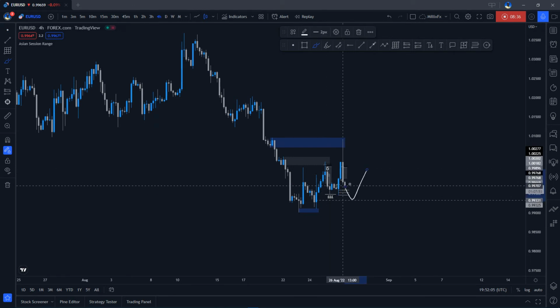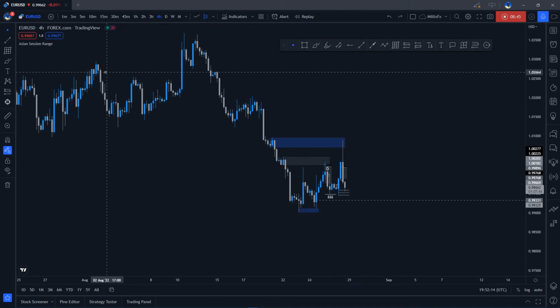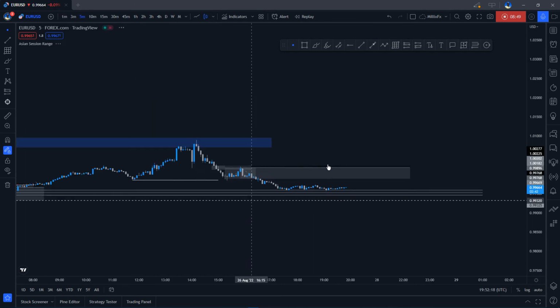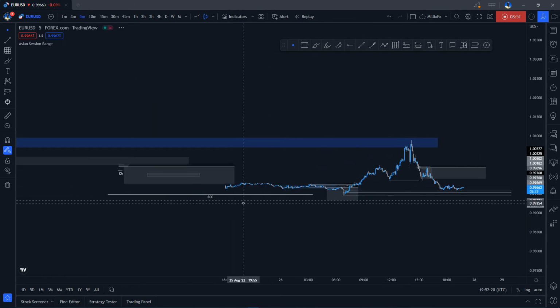Let's wait for a reaction. We should be waiting for a reaction, because this is not an actual break on the 4-hour. So you can see I've just showed you my entry models. I shared something on my social media, on my Telegram channel, and it was taken off the 5-minute time frame, which is the first entry I took earlier